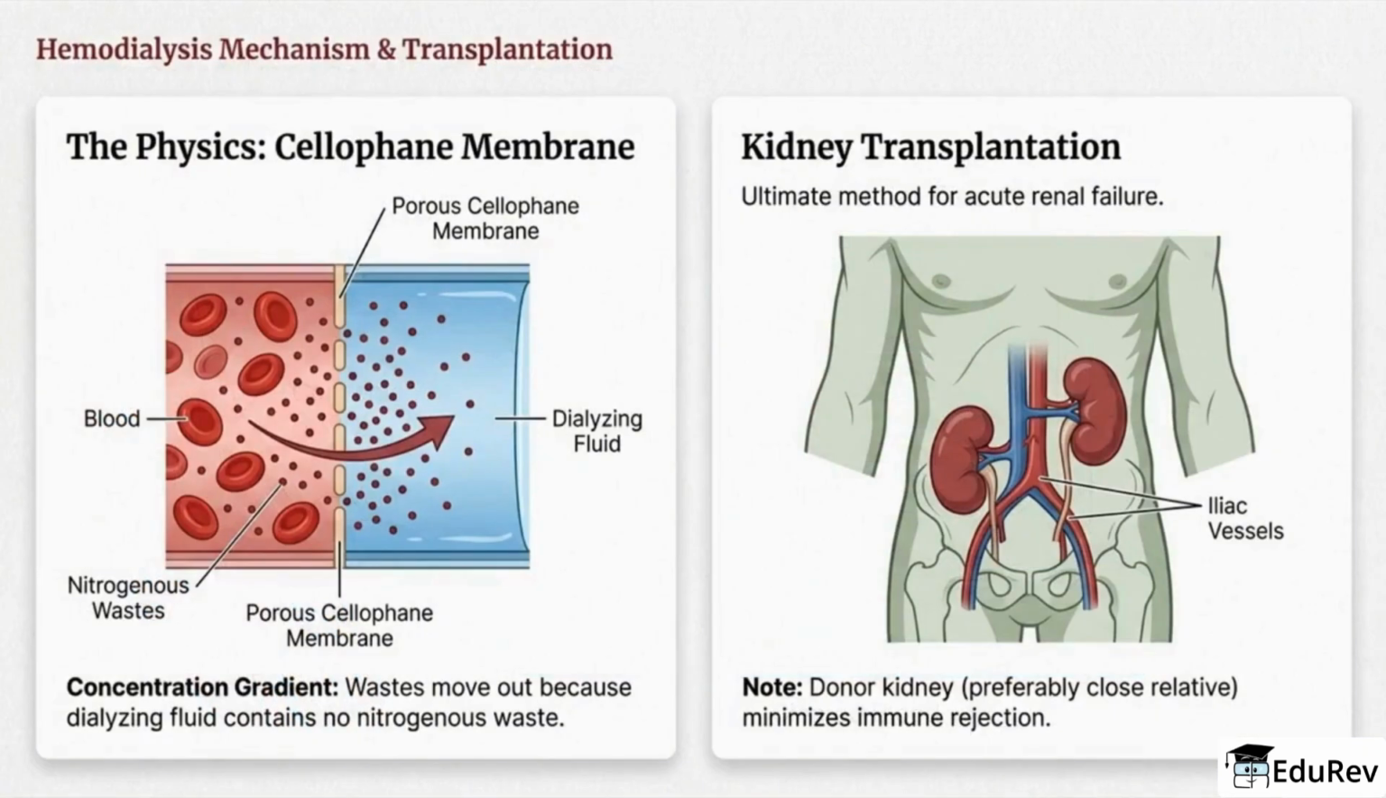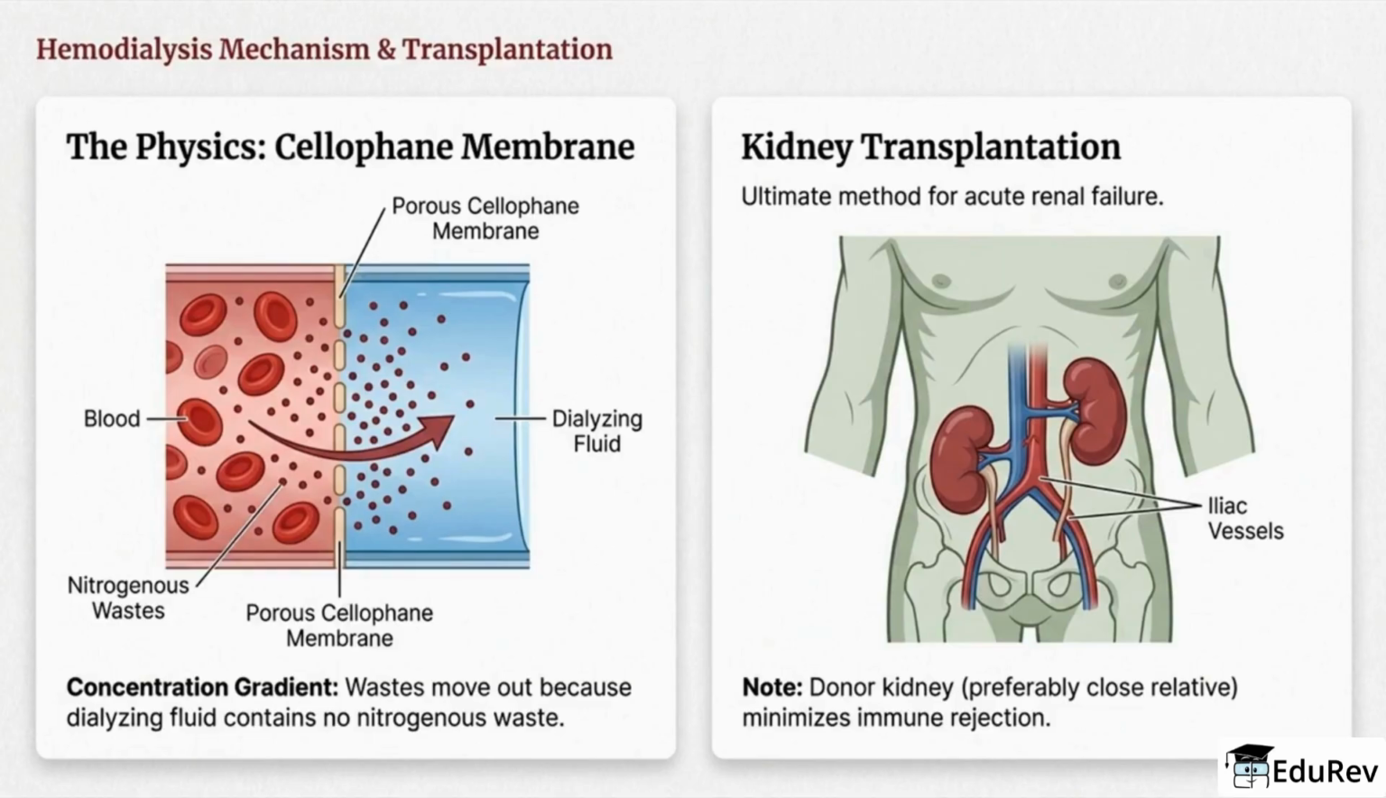The mechanism of dialysis relies on diffusion across a porous membrane. Wastes in the blood move down their concentration gradients into the dialyzing fluid, which contains no nitrogenous wastes. For some patients, kidney transplantation offers a more definitive solution. A donor kidney is surgically connected, often to the iliac vessels, and using a closely related donor can reduce the